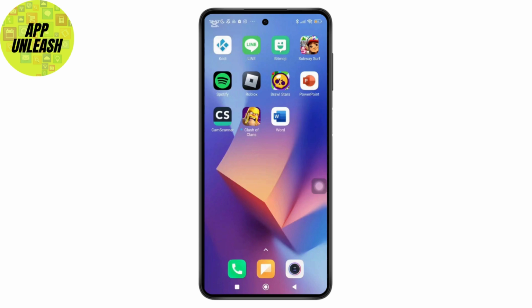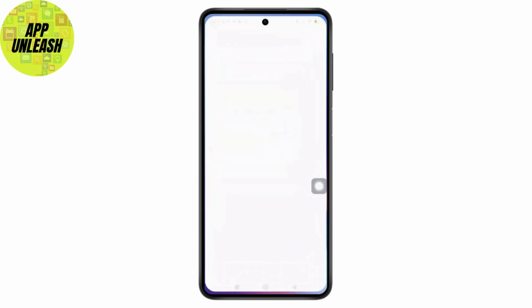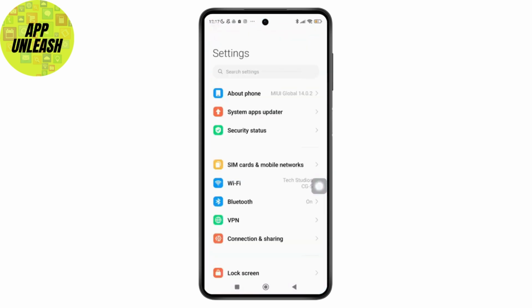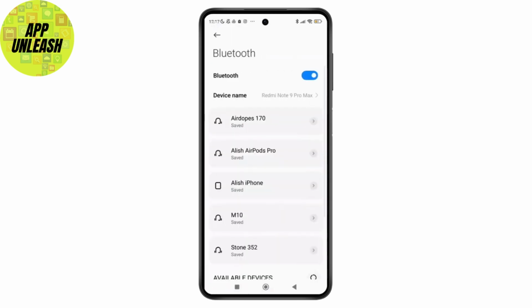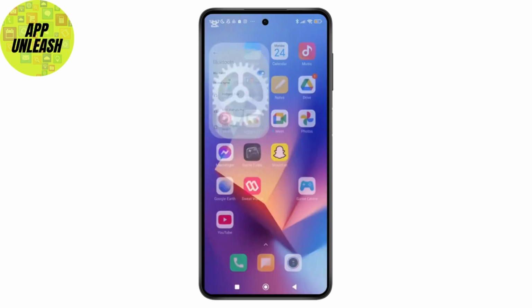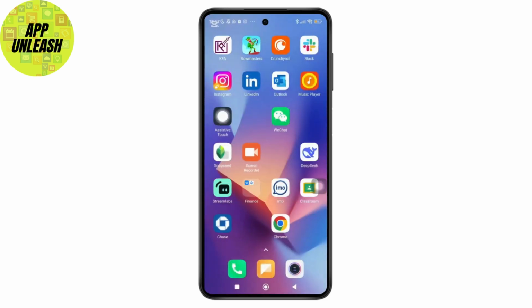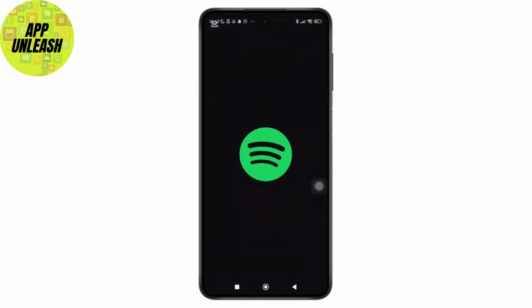To do that, simply open your phone settings and turn on the Bluetooth. And after that, simply look for your car in the list of available devices, and once found, you can simply pair your phone with the car system. And after successfully pairing, you can launch the Spotify app, and once you have opened the app, simply tap on